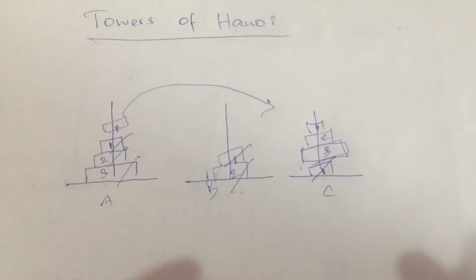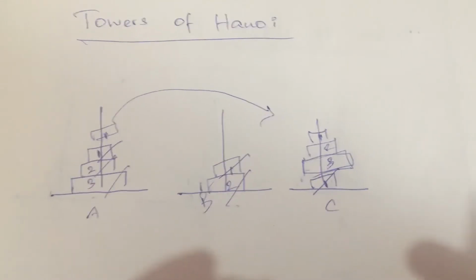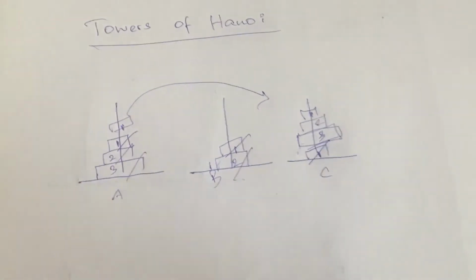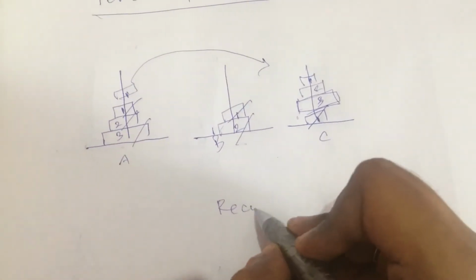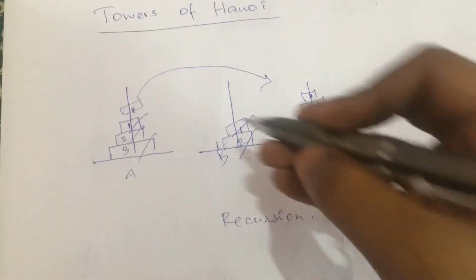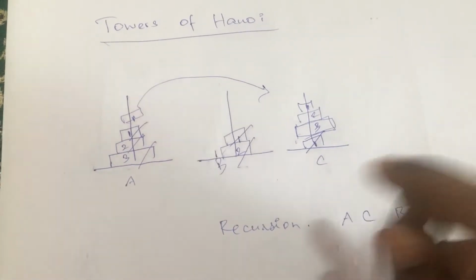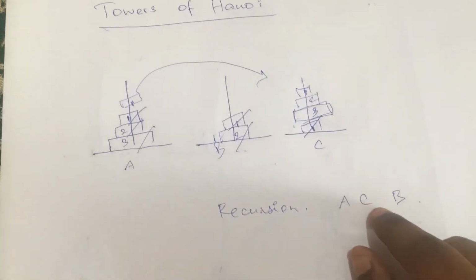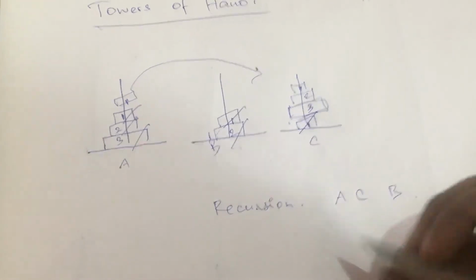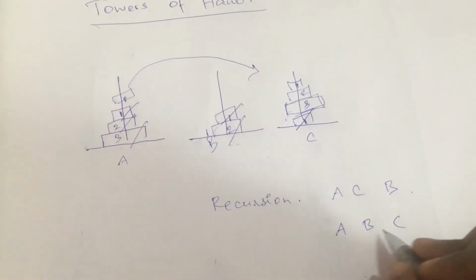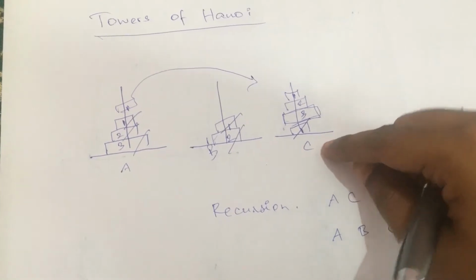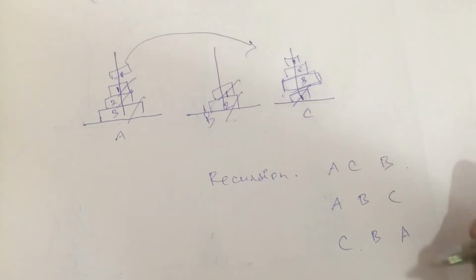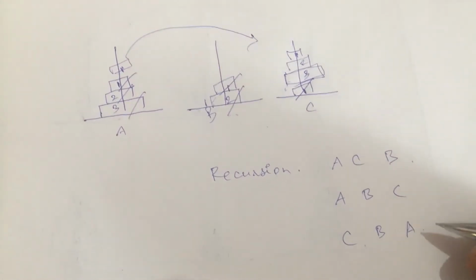And in the same way, when it comes to 4 discs or 10 discs, even 15 to 20 discs, your program logic is going to work. And how we are supposed to write the code is that we are going to use recursion. For recursion, first I'll be passing A, C and B, because from A I have to pass the number 1 to C, right? So from A I have to pass the first value to C. After that, from A I have to pass the next value to B, and next time I have to take from C to B, right? So it should be like C, B, and then it should be A, and so on. These are the 3 recursion steps which we are going to implement for the program.